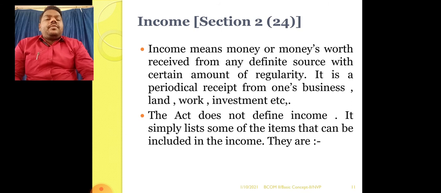Now, we are moving further. Section 2, subsection 24 is about the concept of income. Income means money or money's worth received from any definite source with certain amount of regularity. It is a periodical receipt from one's business, land, work, investment, etc. The Act does not define income, it simply lists some of the items that can be included in the income. They are